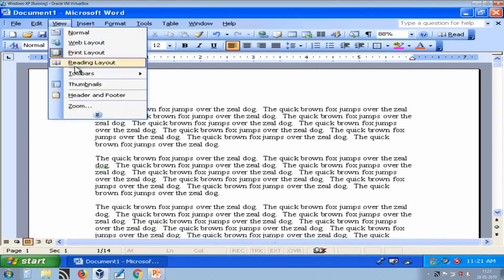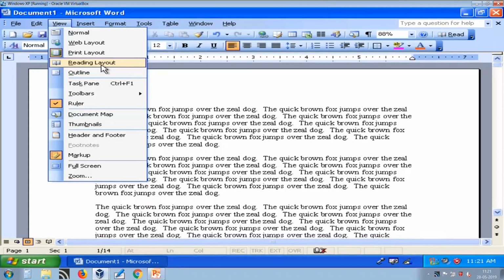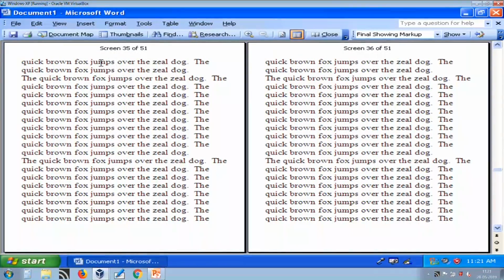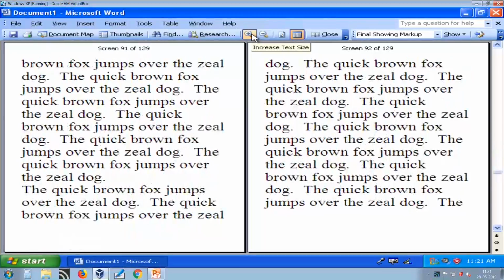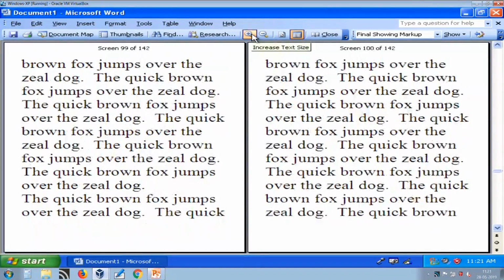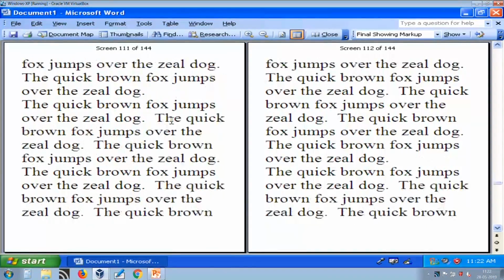The fourth layout is reading layout. This reading layout is useful when you want to read your document. Here you can see on the screen we have a toolbar available, where you can zoom your content for better reading. Here I can zoom my content, and it will increase the number of screens required to display the entire content.